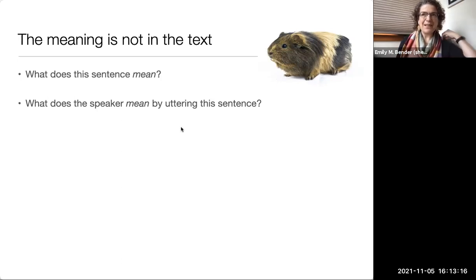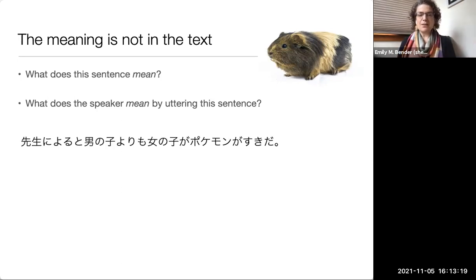And I illustrate this by putting up a sentence that I think is in a language that many of the people in the audience probably don't read or speak. If you do read this language, then you'll just have to imagine that I had picked a language that you don't read and also feel a little bit smug for the rest of you. Can you tell what this sentence means? Guessing not. How about if I go ahead and tell you that that's a sentence in Japanese? Does that help? Right? Not getting